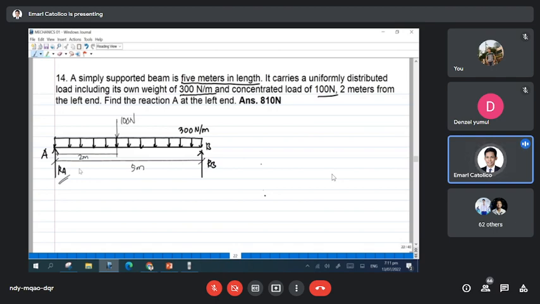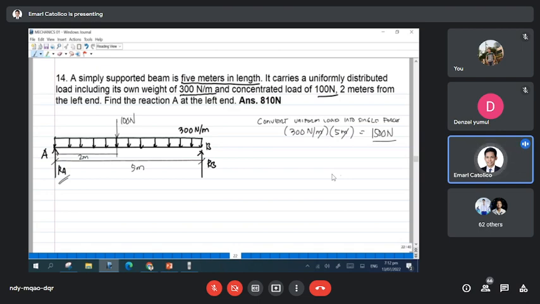So kapag sa beam, ang approach dito, i-convert mo yung uniform load into a single force. So para ma-convert mo yan, convert uniform load into single force. Yung 300 Newton per meter, i-multiply mo sa total, which is 5 meters. So maka-cancel yung meters. Therefore, ang force mo is 5 times 300, 1,500 Newton. So yung 1,500 Newton na yan, sa convert mo na into single force, mag-apply yan dapat sa gitna ng iyong